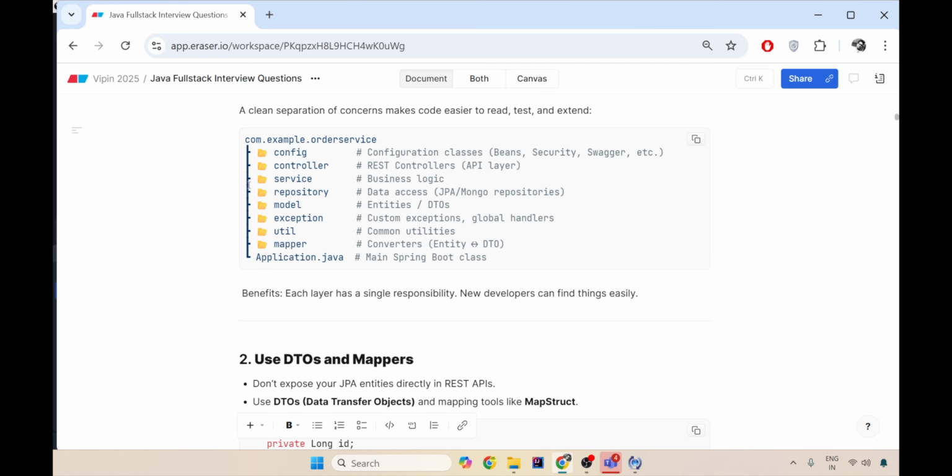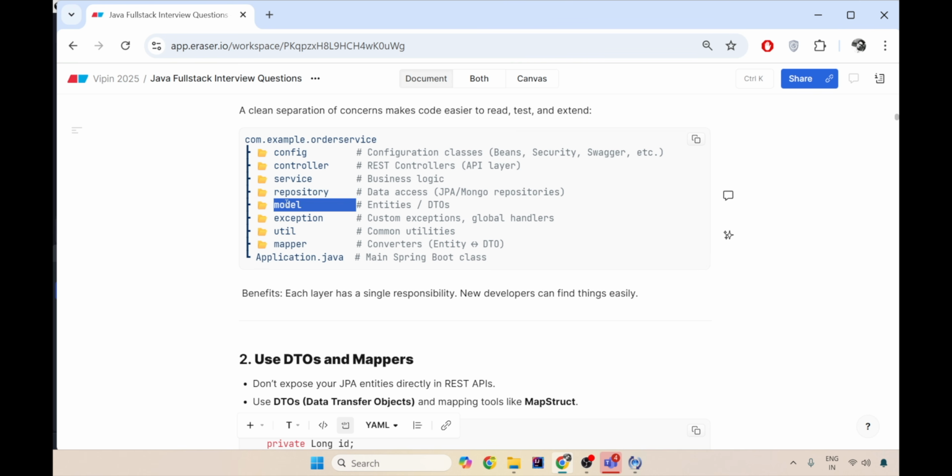They have clearly stated that you should have at least these many folders in your Spring application. You should always have one Application.java which kickstarts your Spring Boot application. Then you should always have a controller to handle all your REST endpoints. You should have a service layer to write the business logic. You should always have the repository layer for your data access or ORM implementation, that is, the connection to a database like JPA or Hibernate.